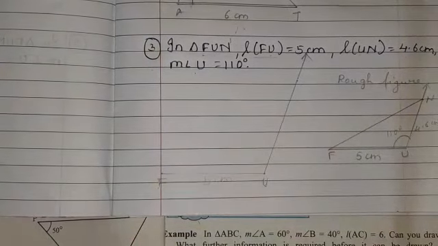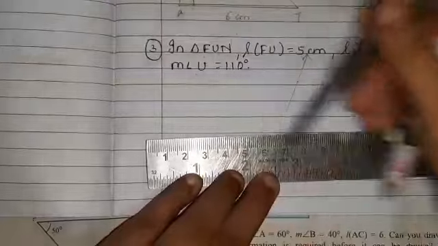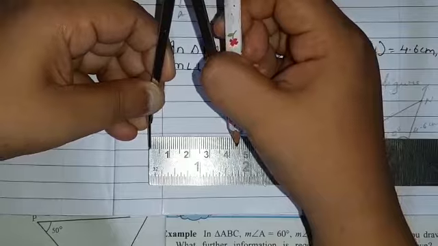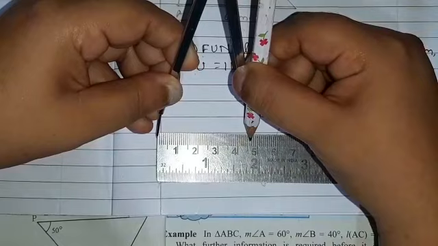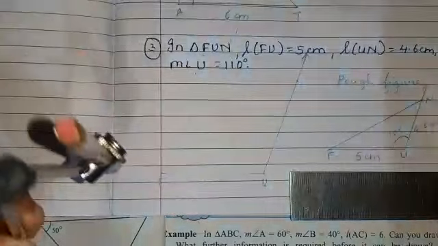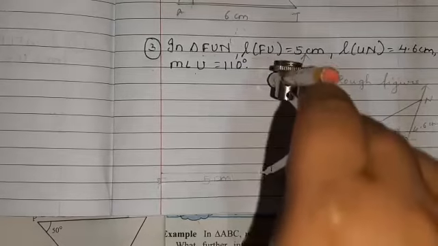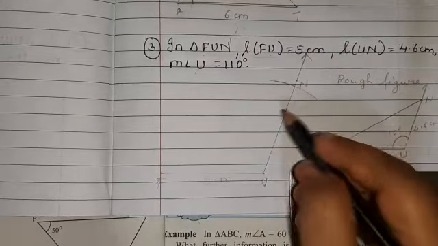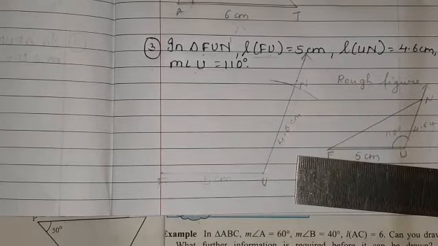Now I will take compass and scale, and in that I want measurement 4.6, isn't it? So I will keep on 0 and I will adjust 4.6. So here 4.6 is taken. Now I will keep on U and whatever I am marking will be my N. So I have marked here, this is N, and the distance will be 4.6 cm. Over. So our three elements are constructed.